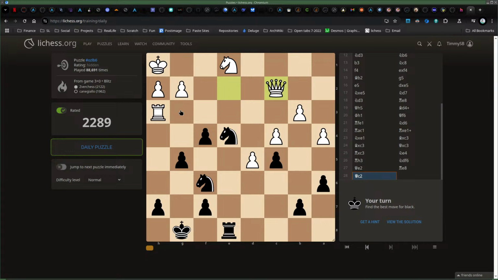Yeah, you know, it's a check, and you threaten to take there. It's two possibilities, right? I mean, rook takes is just mate. Pawn takes is